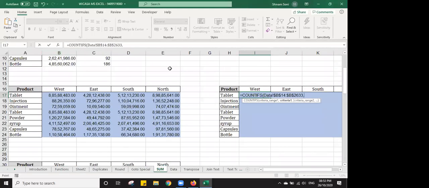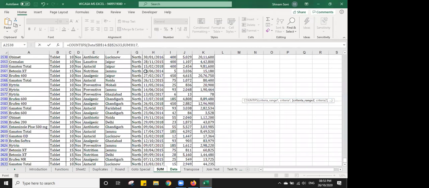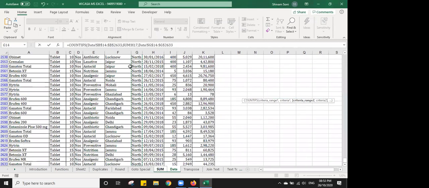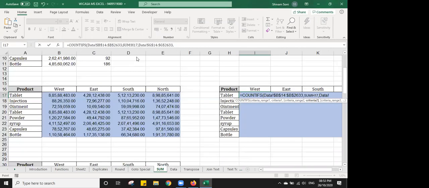And what is my criteria? My criteria is this. And what is my criteria range 2? My criteria range 2 is zone and west. Press enter.